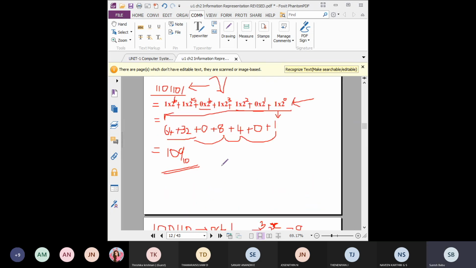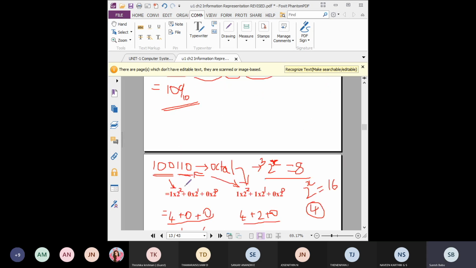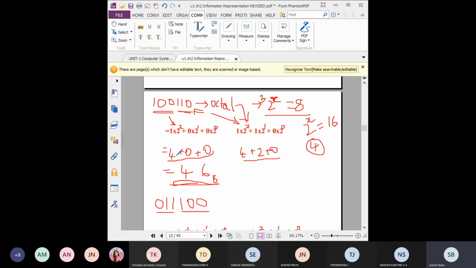This is the only difference from the previous conversion method. Here you no need to split any characters, write consecutively. But here we have to split it as three digits and do the same process, and you total everything separately. These three numbers separately and these three numbers separately, and finally you will get 4 here and 6 here. You should not call it 46 because this is an octal number. You should say 4 6. Students understood? You should say like 4 6.